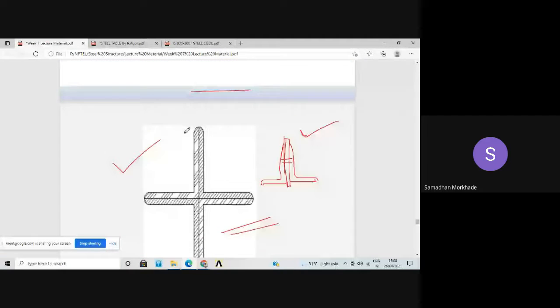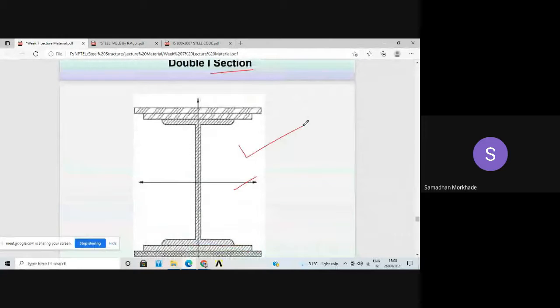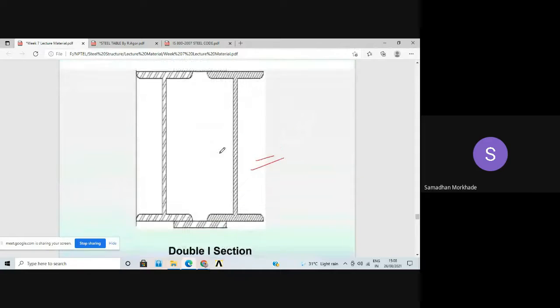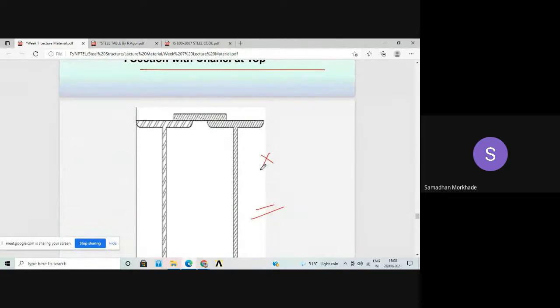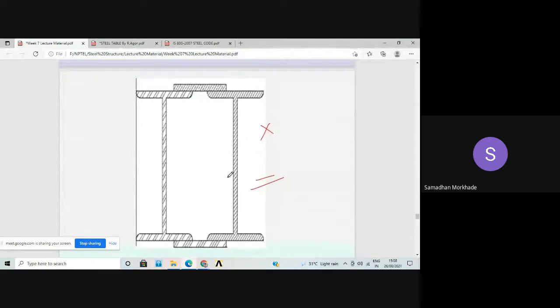Okay, normally this is one arrangement; this section is mostly used: I sections with cover plates. See, in power plant structures, the thermal power plants, even hydraulic power plants, huge steel structures are used. In those cases, the sections required will be on the very high side, and the possibility of such sections will be required.